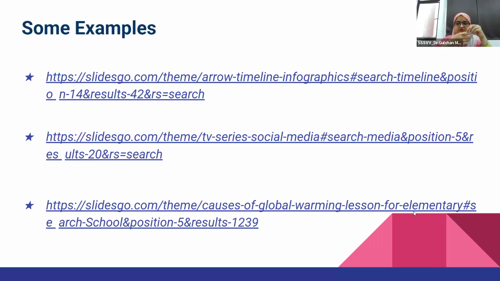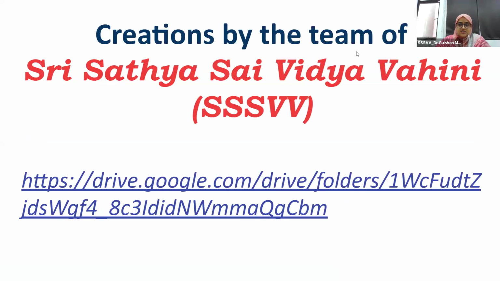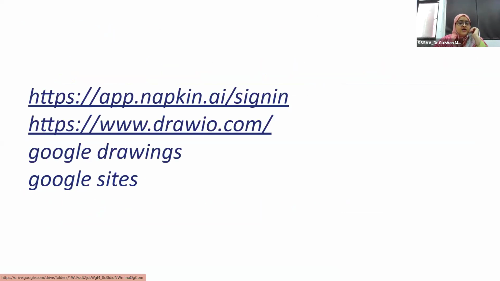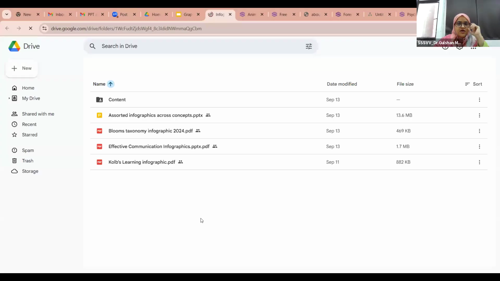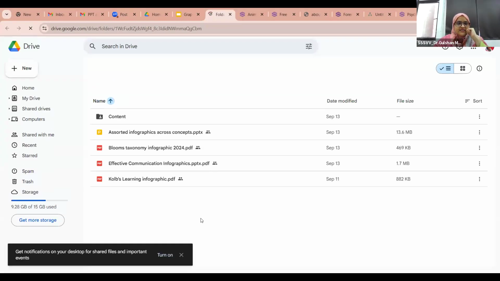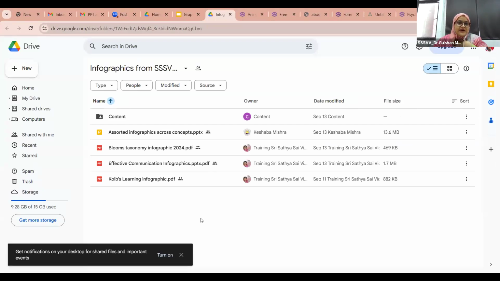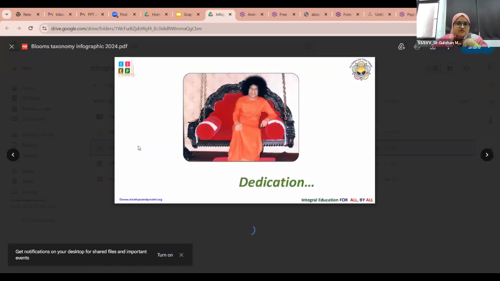You can open these links whenever the team will share the PPT with you. So yes, these are the infographics which our content team has already created, and these infographics belong to various subjects, to languages, to social sciences, to mathematics. I'm going to click on this link, and I'm going to show the beautiful infographics created by the Sri Satya Sai Vidya Vahini team, and the team is my team. Yes. So this is an infographic